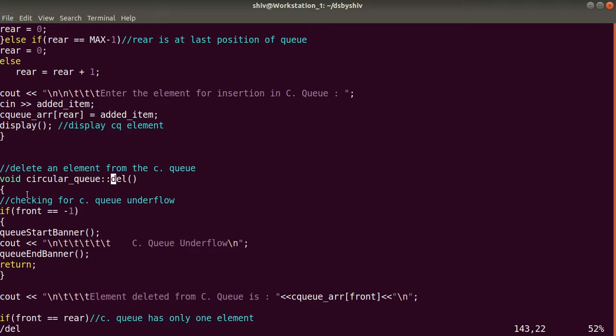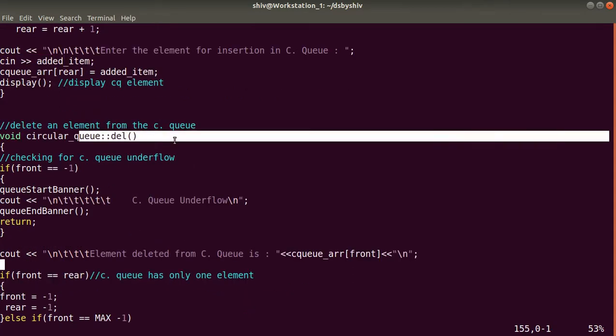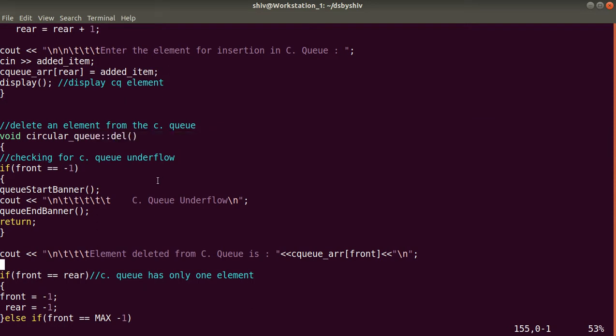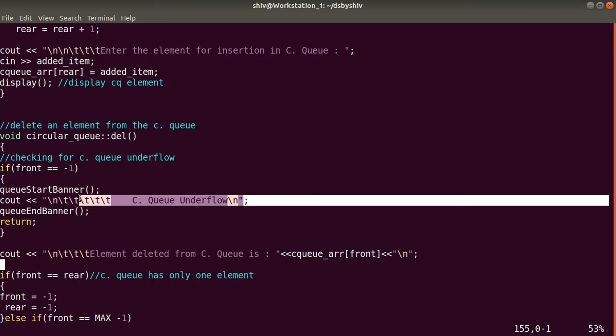Here you can see, first the delete method will check if there is an element or not, meaning if there is no element in the queue, then what will we delete in the circular queue. So we will check the underflow condition here, if front equal to -1, so start banner, end banner, and it will print the message circular queue underflow, CQ underflow, meaning there is no element in the circular queue for deletion.